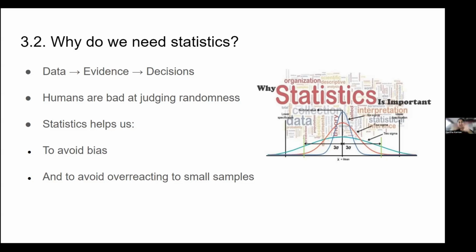I have to do it a million times. I have to prove it to several people, to many people in the world, that I am really good at juggling if I do it so many times. So statistics helps us to avoid bias and to avoid overreacting to small samples. And this is extremely, extremely important, what your sample size is, and how you react to that sample size. Is collecting data from 10 people in a whole big population of India, is that enough? Things like that make us question why we need statistics, and also how we look at our data.